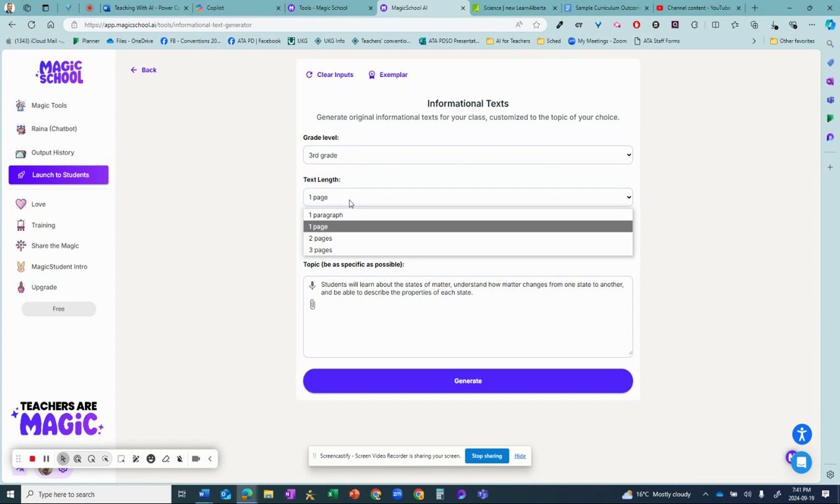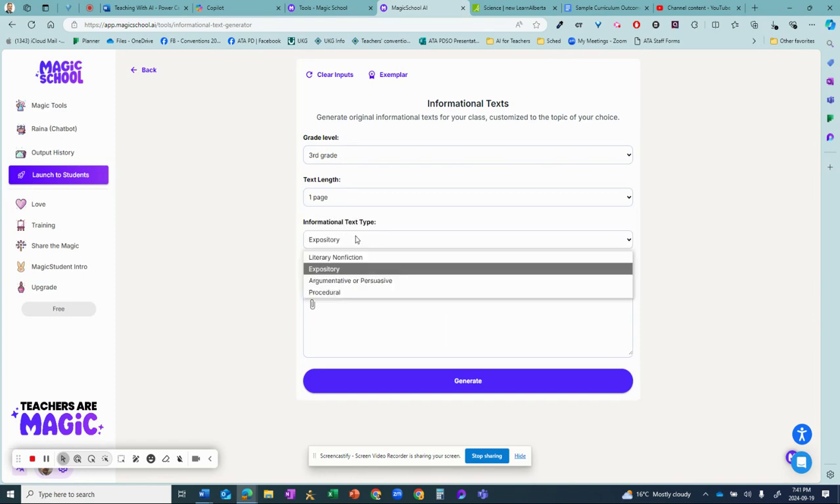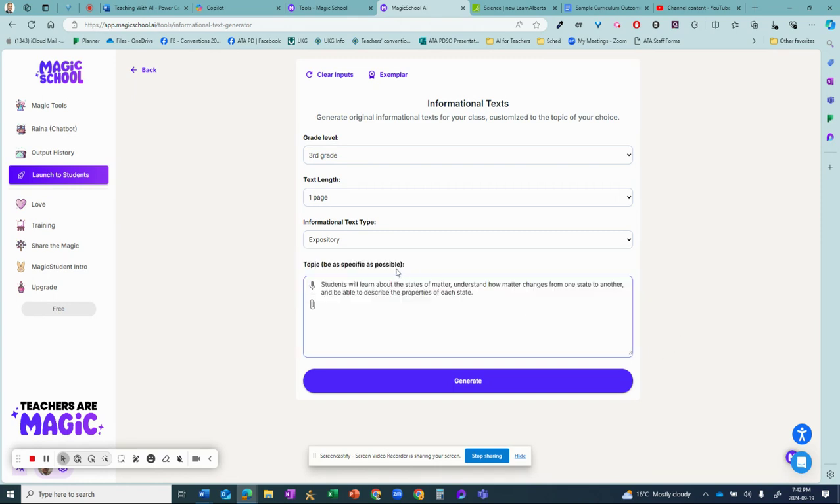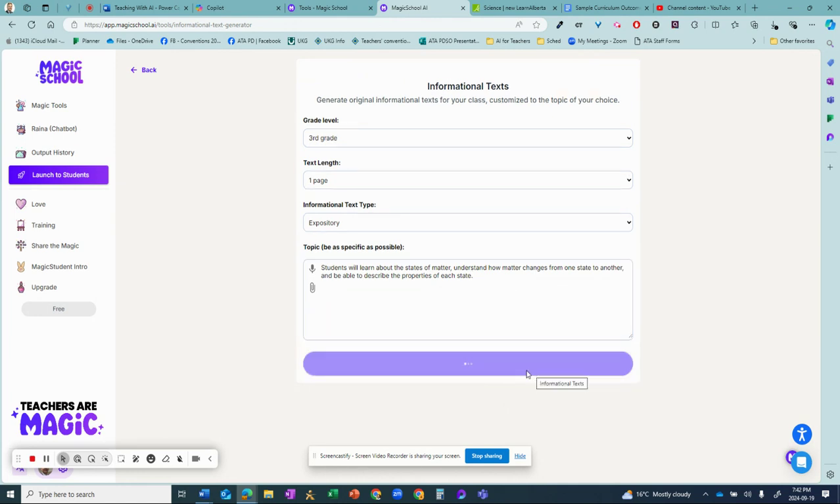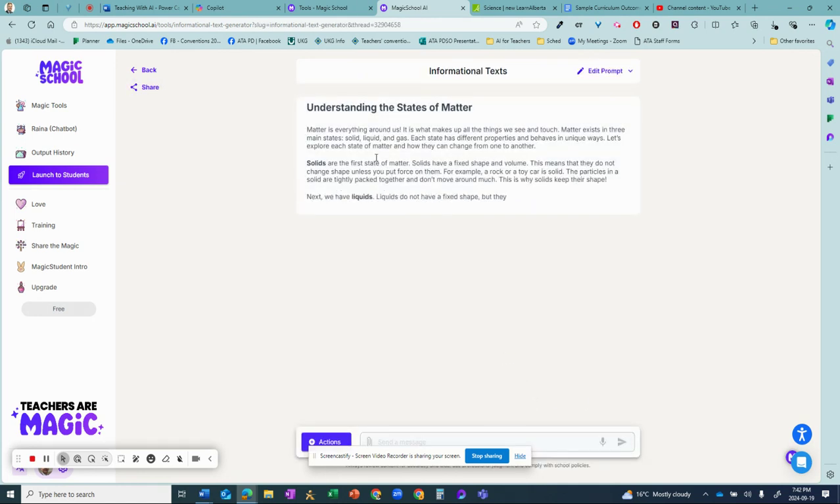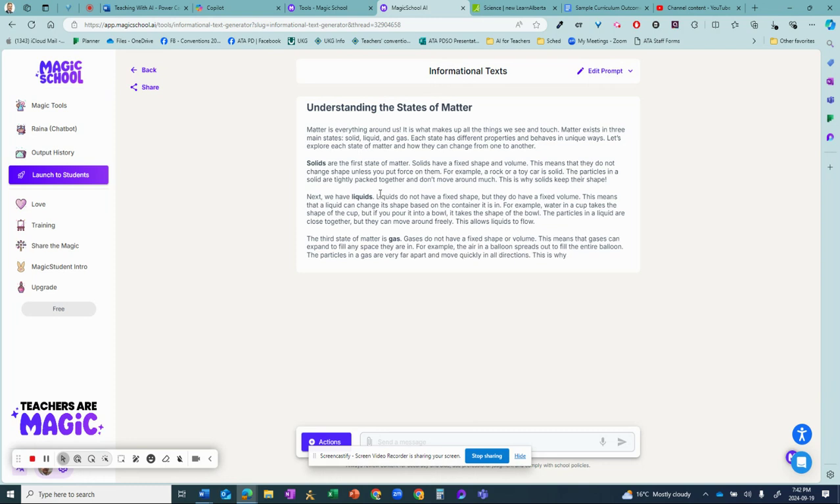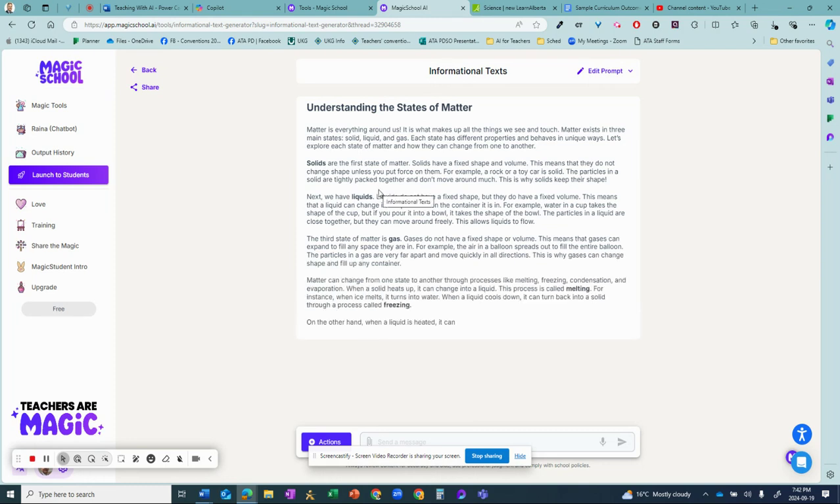You can select your text length. Interesting that they have, in this particular tool, 4 different information text types: the literary nonfiction, expository, argumentative, persuasive, or procedural. So food for thought there. And in this topic, I have copied and pasted the outcome. So with that, we can hit generate, and there we go. There's some information texts that are being developed. We'd have to look elsewhere for